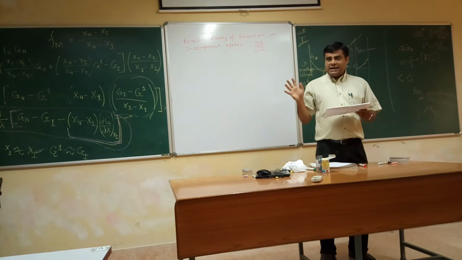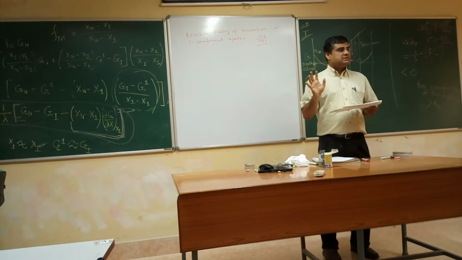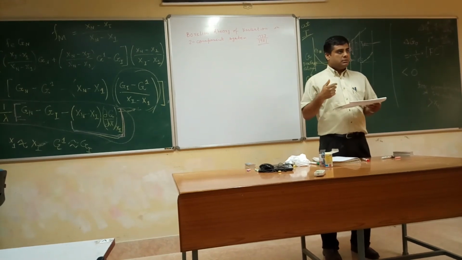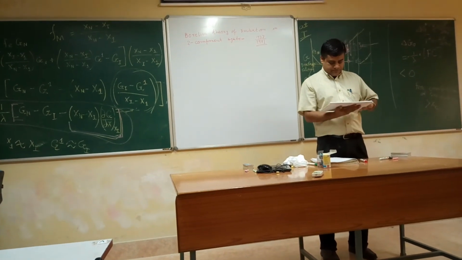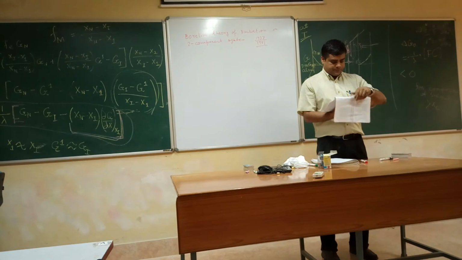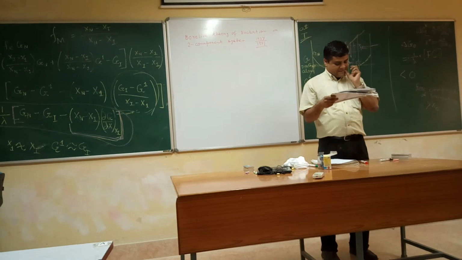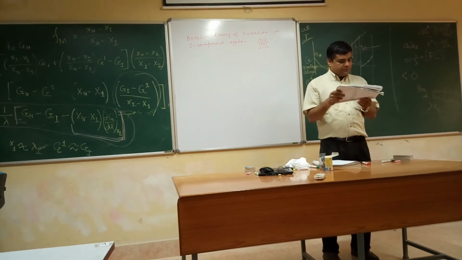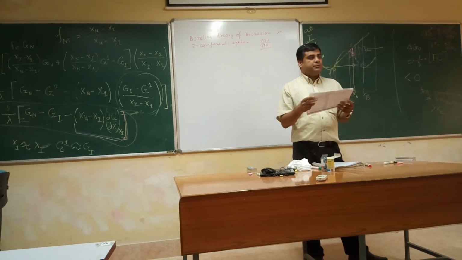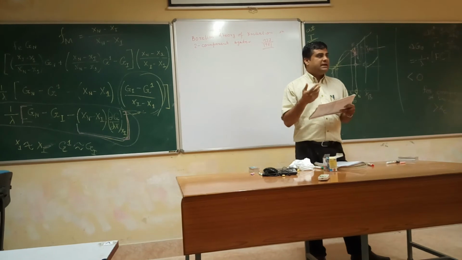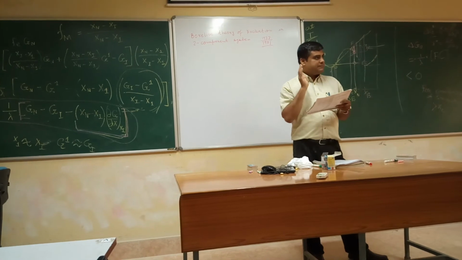Here, what Borelius assumed is that the size of the embryo is fixed, and composition is the variable. Composition of the embryo is the variable. So a group of atoms of fixed size achieve stability by fluctuations in composition. For what composition will it achieve stability? The nucleus should be stable. He fixed the size.